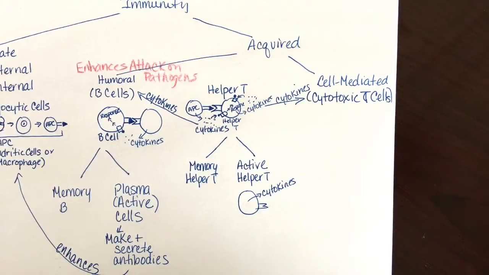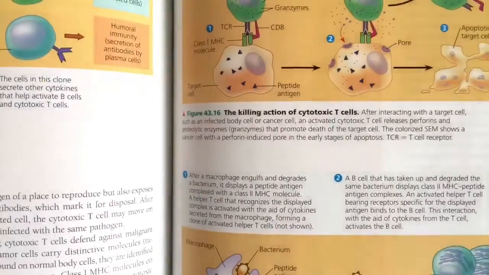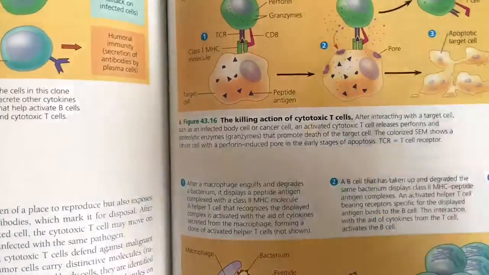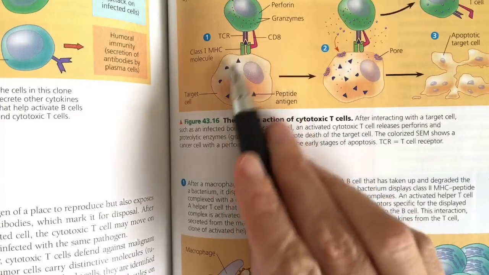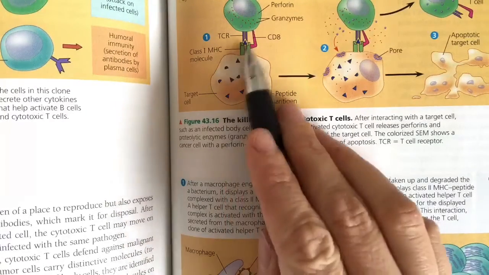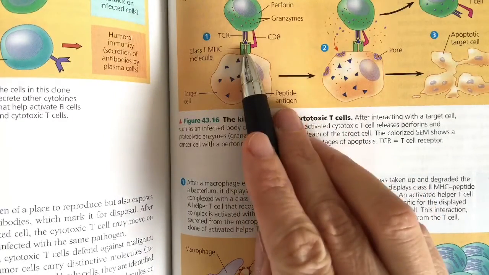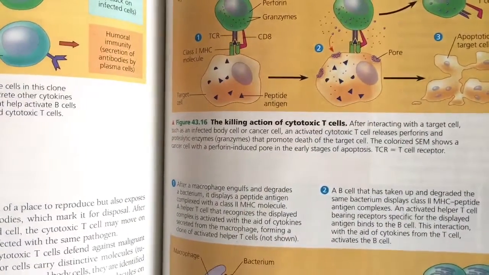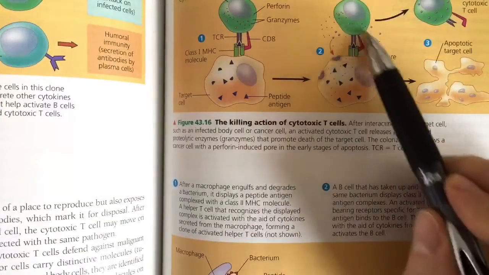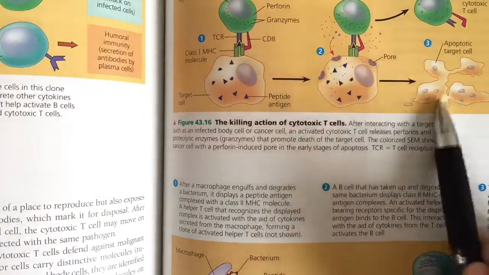So if you remember, what figure was it? It is figure 4316. So, an activated cytotoxic T cell will bind to an infected cell. Remember, infected cells also display the antigen of the pathogen that has infected it. So that's how the cytotoxic T cells know which cell to bind to, which cell to kill. And so remember that it releases perforin and enzymes that help for apoptosis to happen in the target cell,